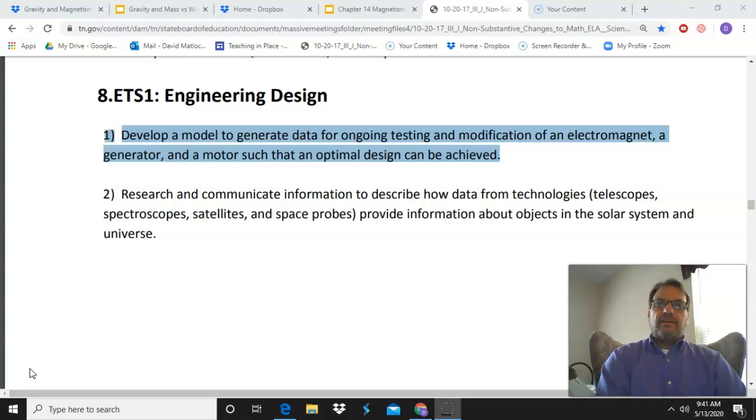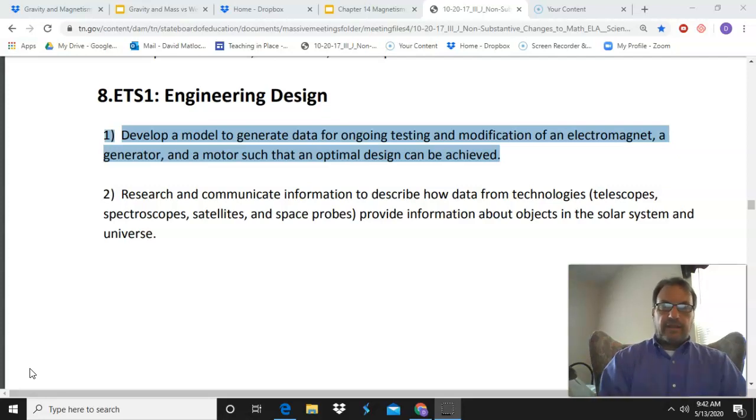Can I make this cell phone a little bit smaller or a little bit bigger or a little more clear as far as the camera is concerned? And if you'll think back to the electromagnet that we made in class as just the most simple and basic of the little projects, remember we had the iron nail, we had the wire core, and then we had a battery. And what you could do to generate your data on this particular type of experiment, you would just